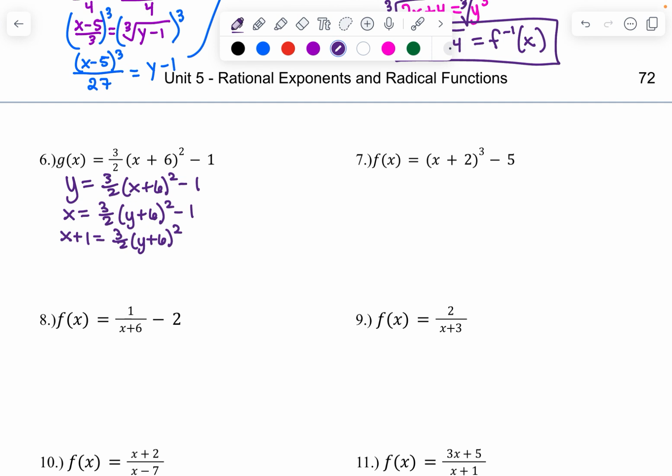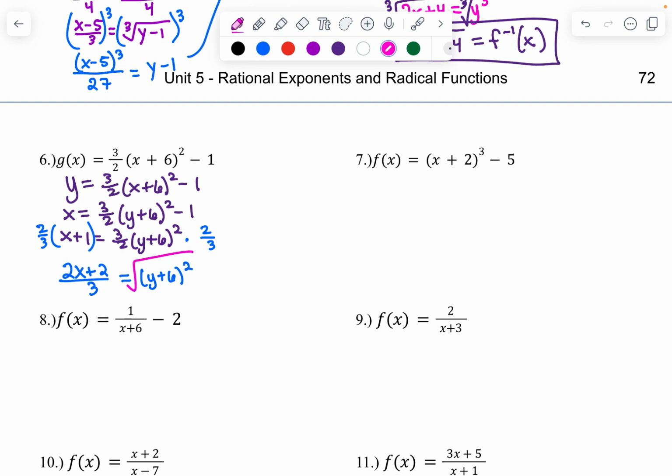So I swapped the x and the y, added the 1 to move it over, and now I'm going to multiply by the reciprocal, which is 2/3. So we will have (2x + 2)/3